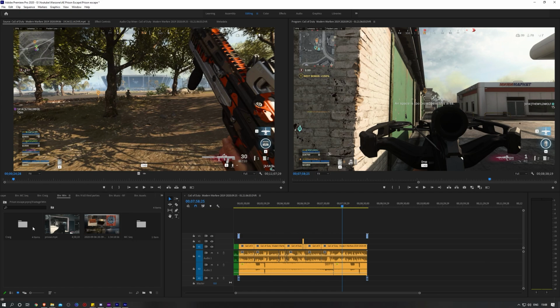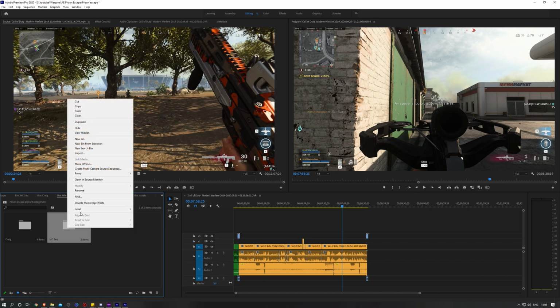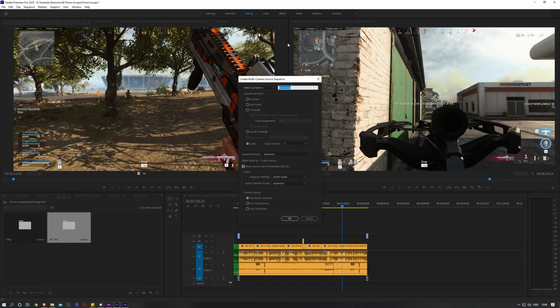I've already put one in there from my actual footage, so I'm going to put the other two footage in there now. So this is going to be sequence 2, and this is going to be sequence 3, and we're going to right click it, and then we're going to create multi-camera source sequence. By default it's called endgame. It's going to be based on track channel 2,